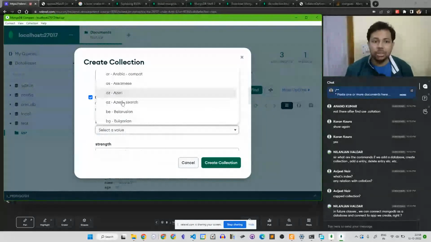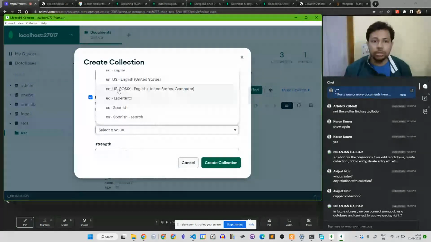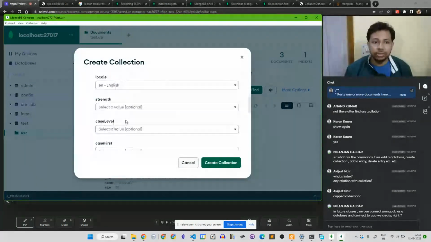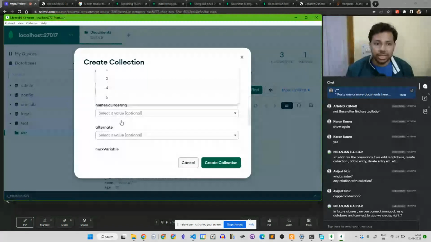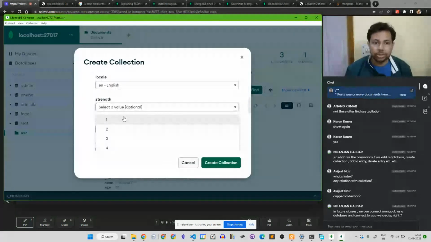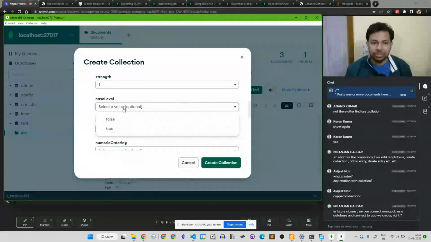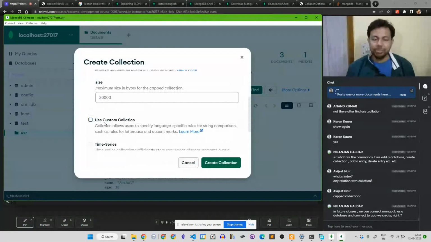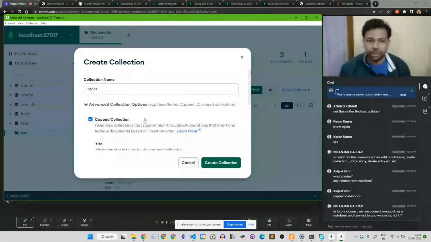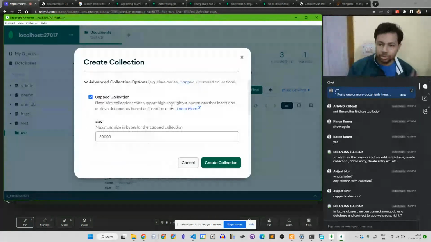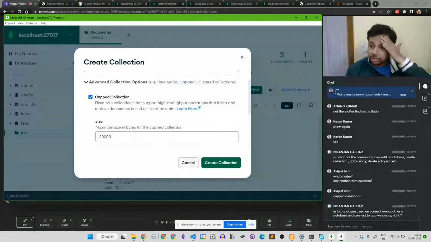Typically the locale will be English, so en. And then you can define the strength. Different strengths will have different options. One strength will be case insensitive, case level can be false and true, and all these options will be there. You can dive deep into each of these options on your own. That's not a problem. You can just go to documentation and read it.